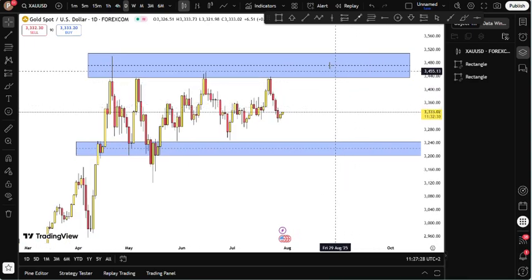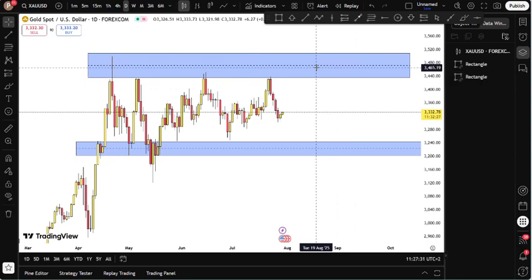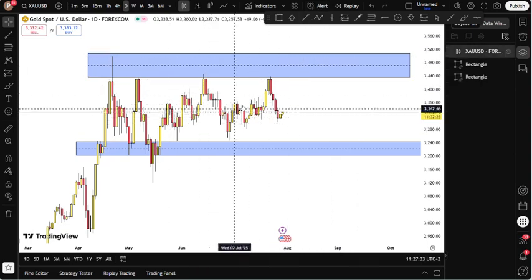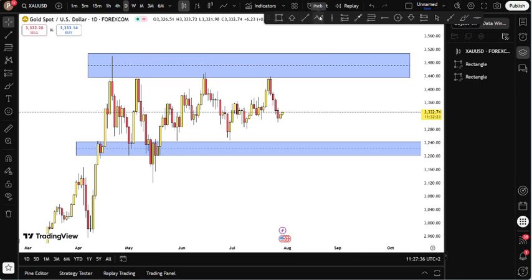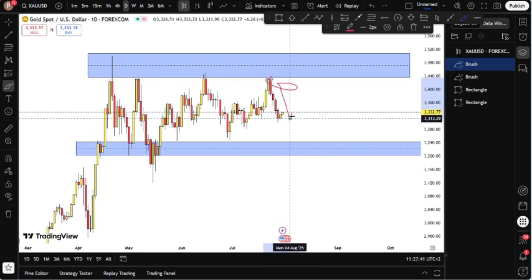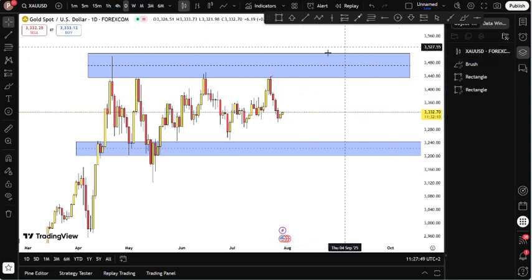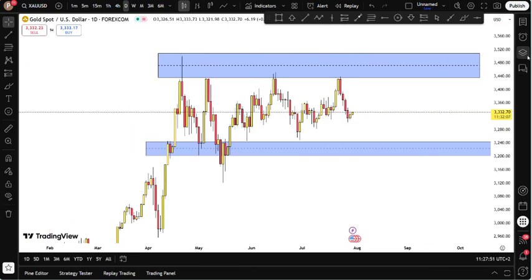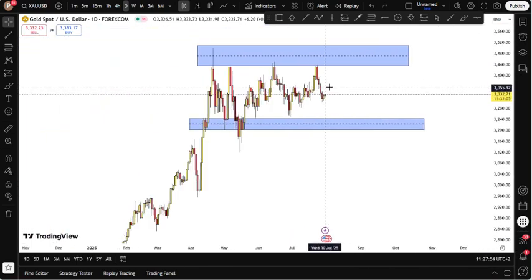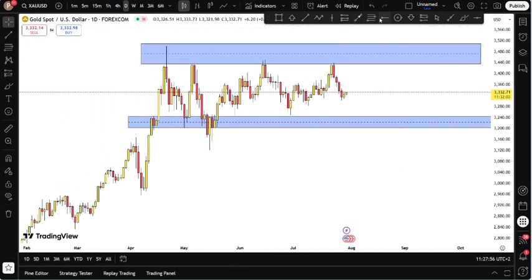On the daily time frame, what can we see? Currently, gold has been impulsing downwards, right? There's an impulse down, and we know that after an impulse, we need to have a retest. Let's delete that. Sharp. And what do we do? Let's look for our key support and resistance levels on the daily time frame. Gold rejected here and came down sharp.